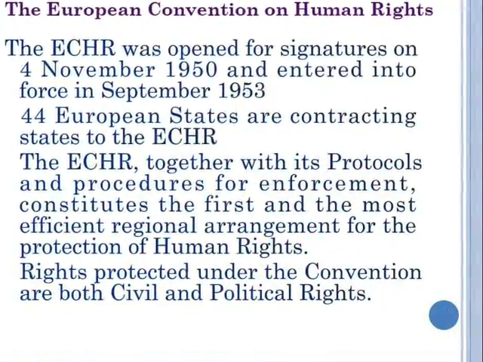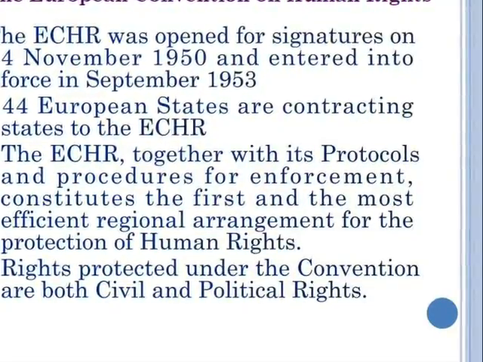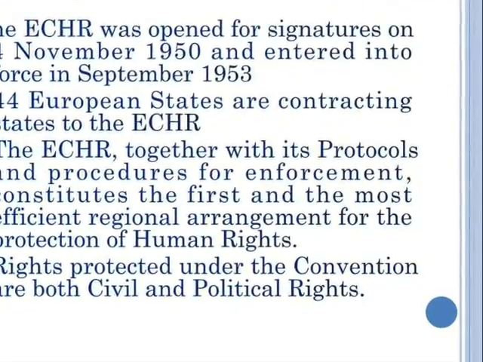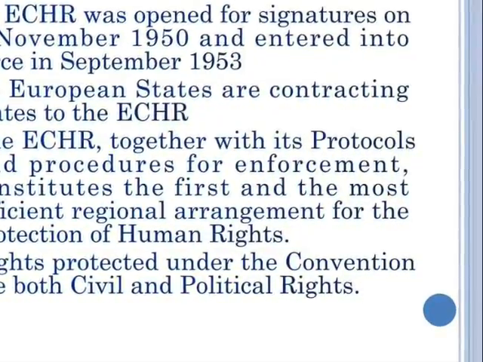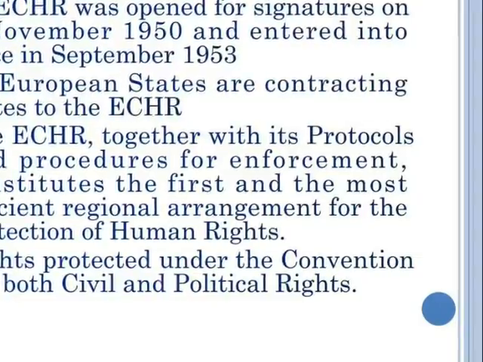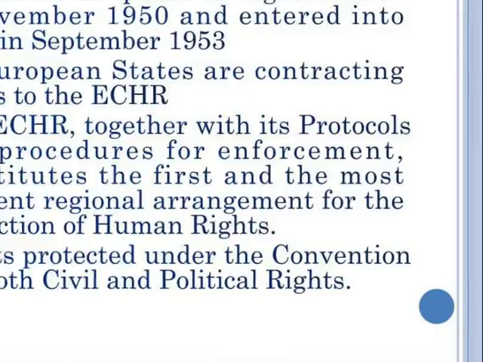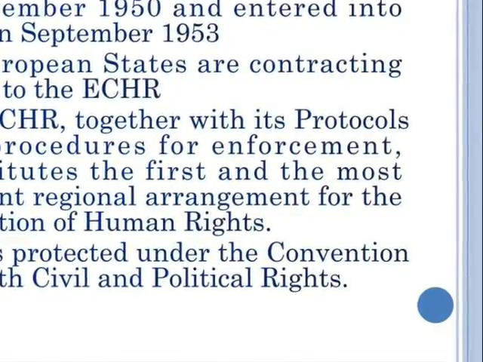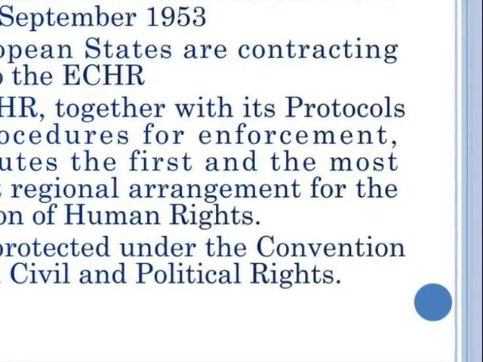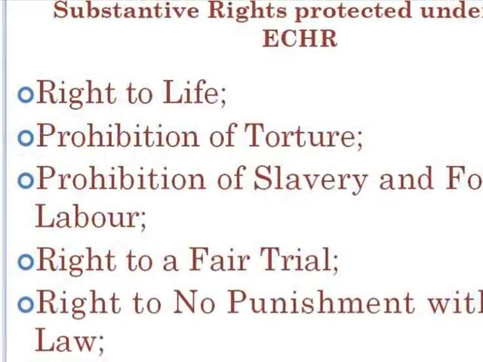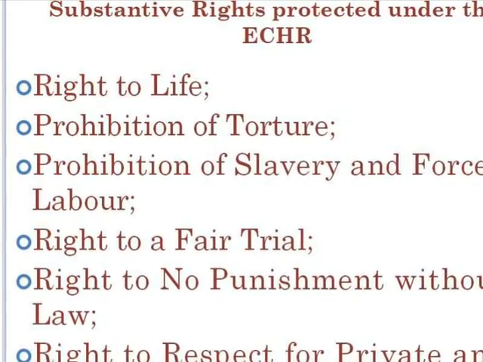The European Convention on Human Rights was opened for signature on 4th November 1950 and entered into force in September 1953. 44 European states are contracting states of the ECHR, and the European Convention on Human Rights, together with its protocols and procedures for enforcement, constitutes the richest and most efficient regional arrangement for protection of human rights. Rights protected under the Convention are both civil and political rights. Substantive rights protected under the European Convention on Human Rights: